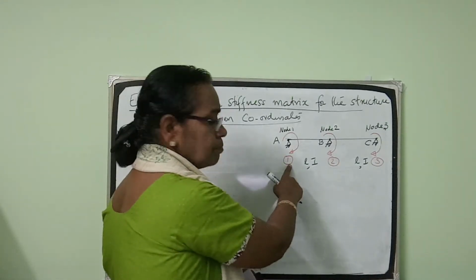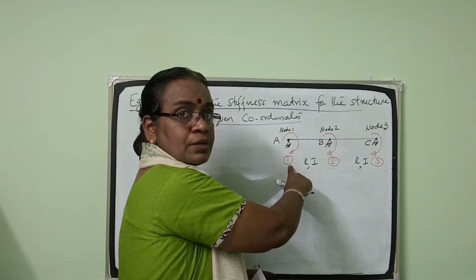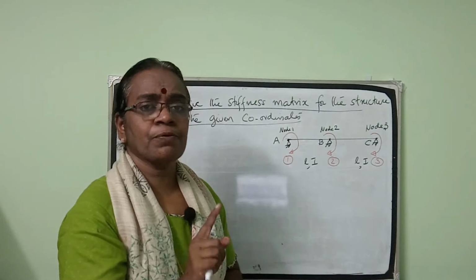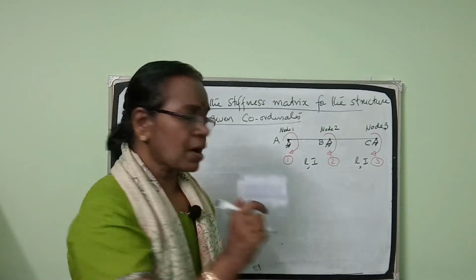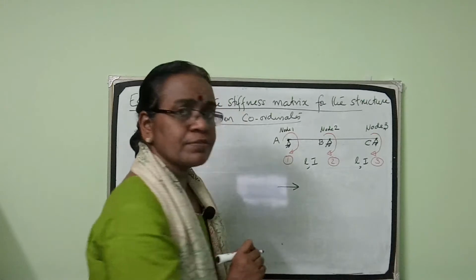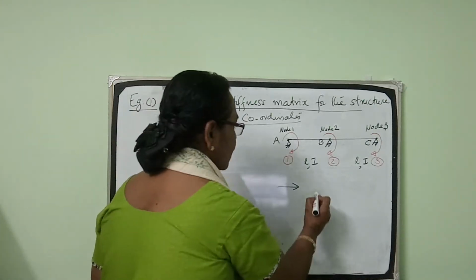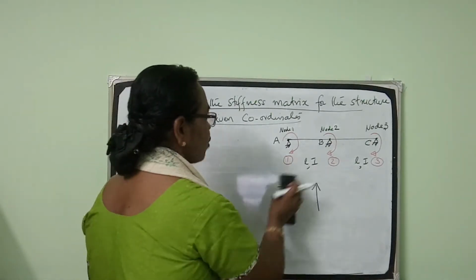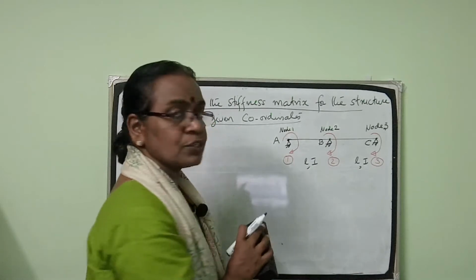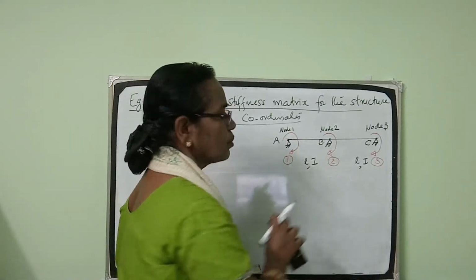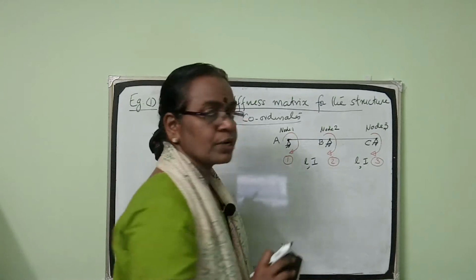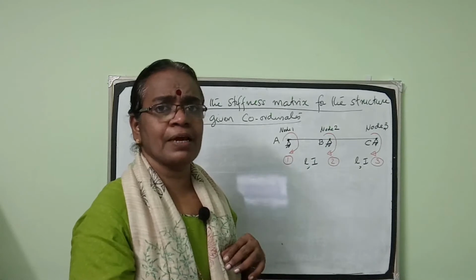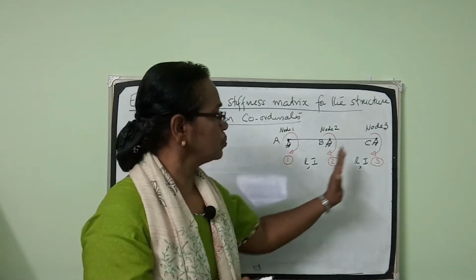So the coordinate 1 means it's a general term. Also displacement is a general term. If we mark a rotational coordinate, the corresponding displacement will be slope. If we mark a coordinate like this, that represents a horizontal displacement. If we mark a coordinate like this, that represents a vertical displacement. So coordinate 1 means the slope at A or the rotation at A. Coordinate 2 means the rotation at B. And coordinate 3 is rotation at C. So these are the degrees of freedom for the structure. A continuous beam like this, the 3 degrees of freedom are 1, 2, 3.